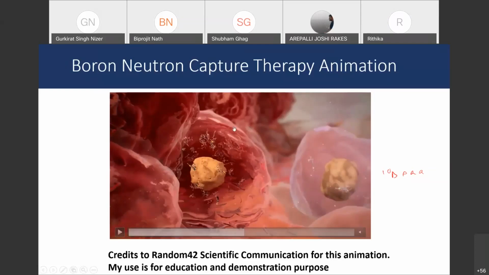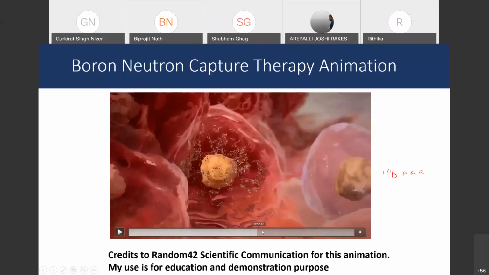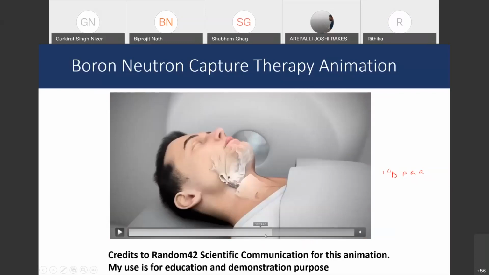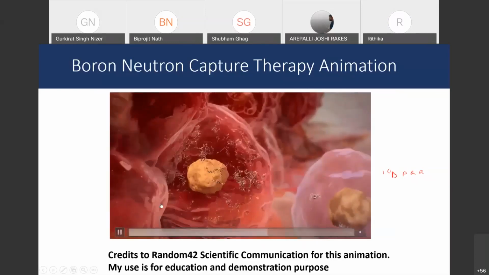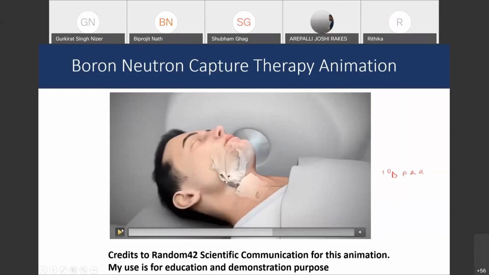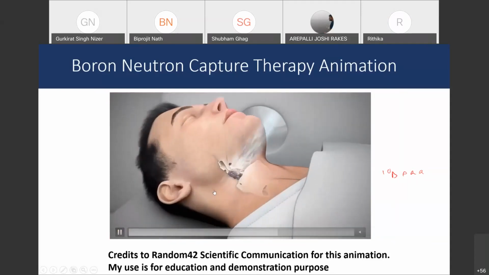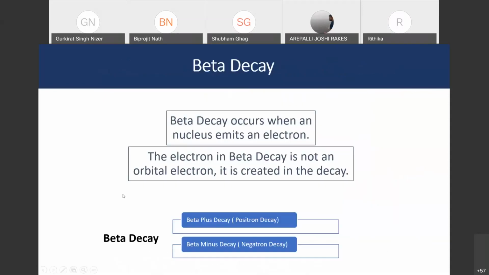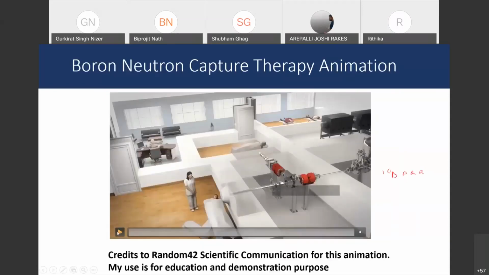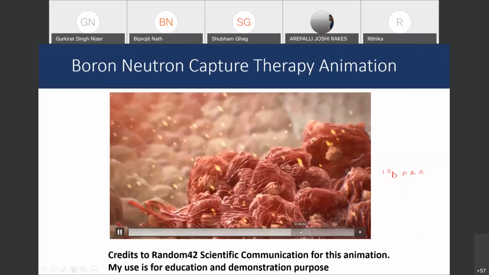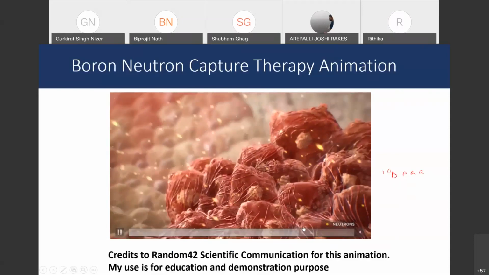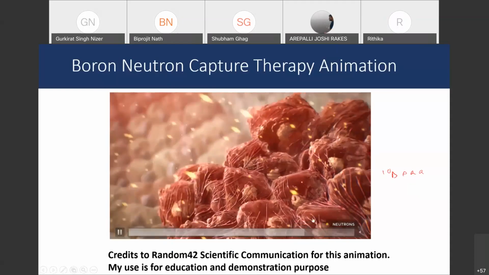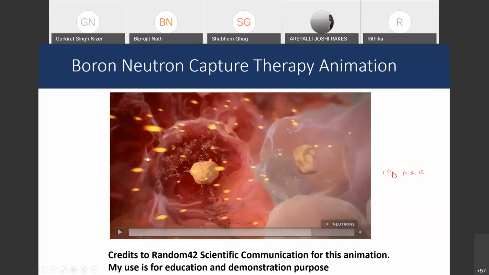And thus when we irradiate this tumor with a beam of thermal neutrons, the reaction happens: boron captures the neutron and results in production of lithium-7 and an alpha particle. And that alpha particle goes and attacks the DNA of the cell, and it leads to shrinkage and necrosis of the cell, and hence we can see how beautifully this therapy works. And we can see that we are irradiating this cell. So the probability of these interactions is higher in this cell because it has a higher number of boron 10,